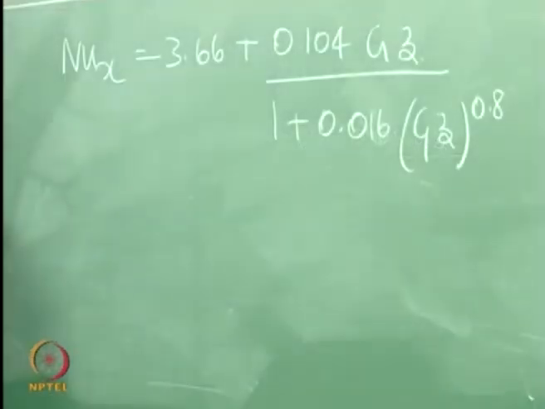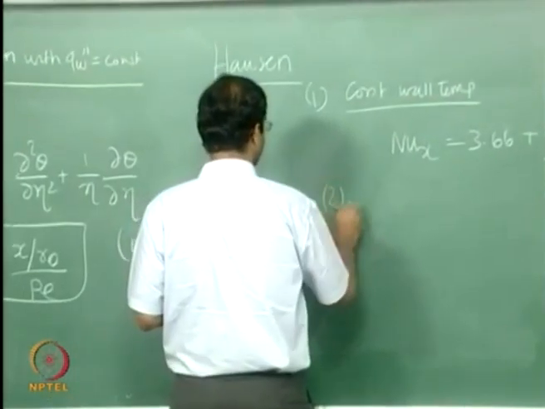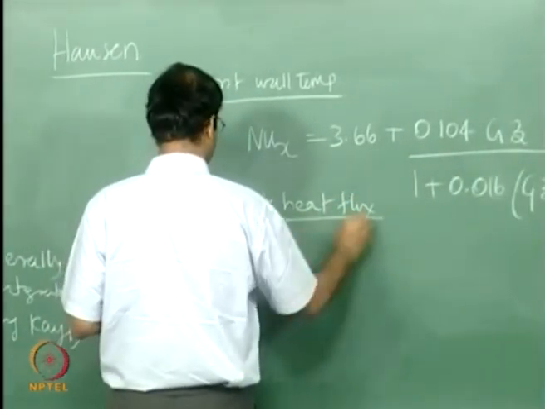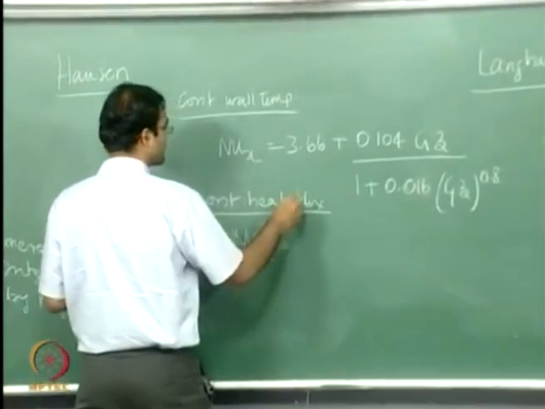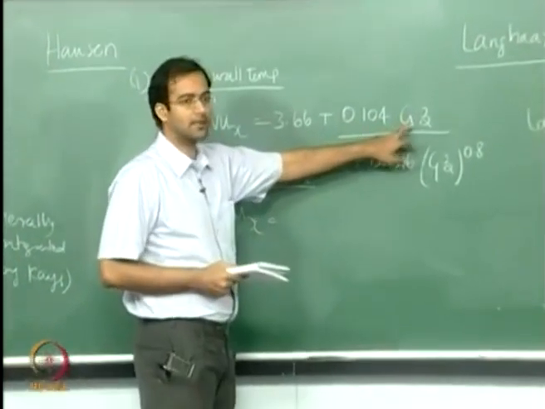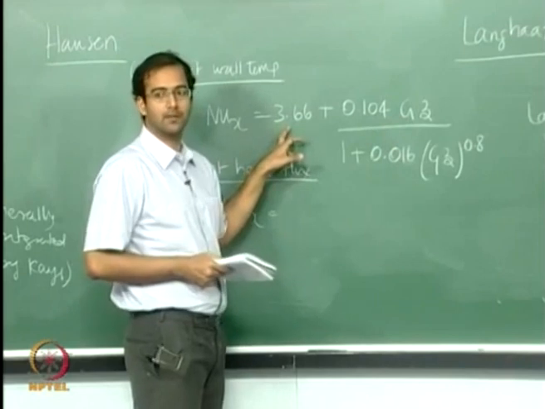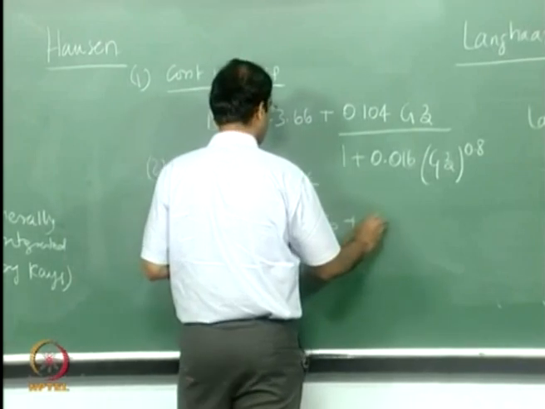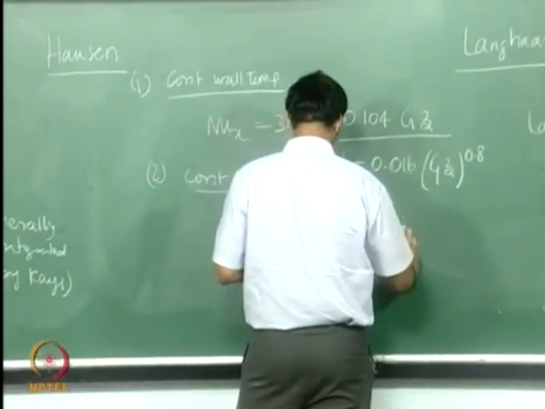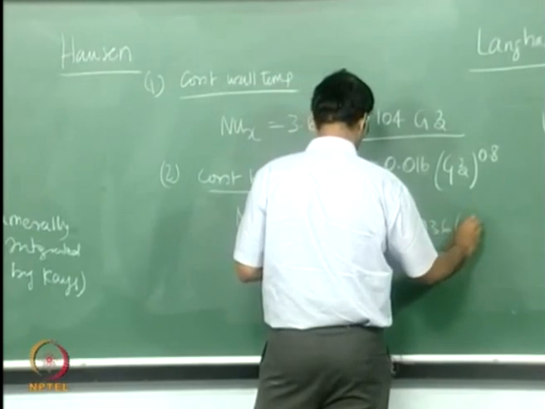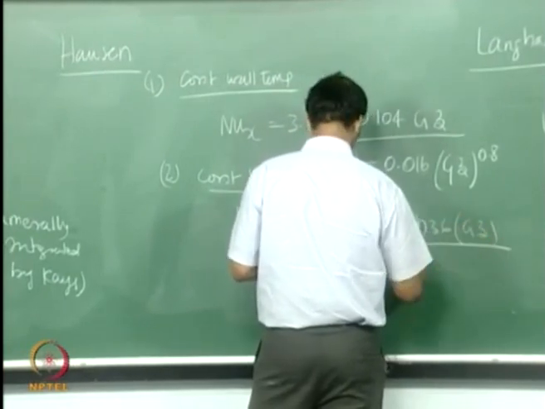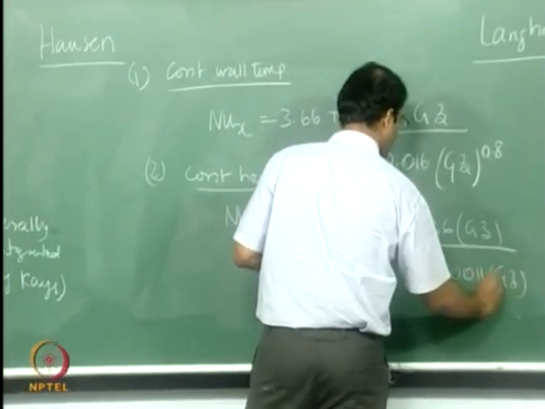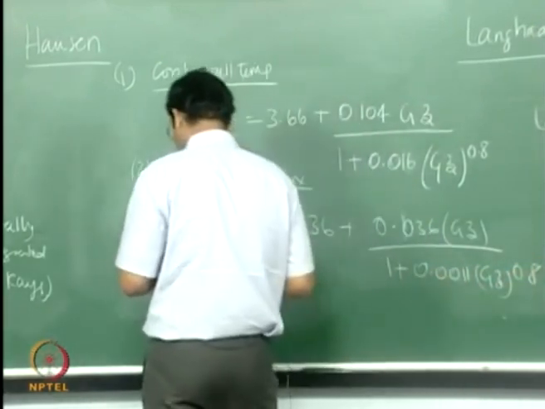and the constant heat flux case. So you see the limiting case where your Graetz number goes to 0 for large values of zeta, so it goes to the fully developed. Okay, so 4.36 plus 0.036 into Graetz number divided by 1 plus 0.0011 Graetz number to the power 0.8, and finally